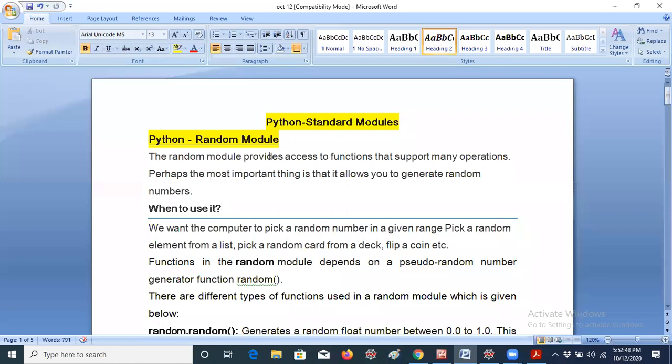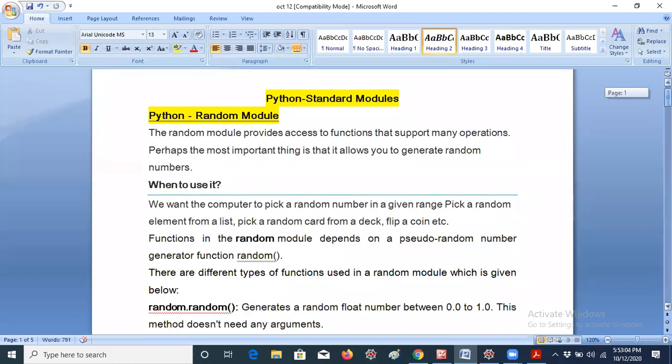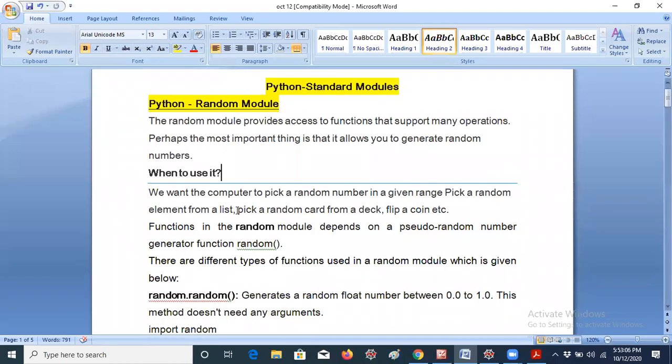These are topics beyond the syllabus actually. So the random module. Why are we using the random module? If you want to get a random number between 1 to 100, you will get a random number like this. This is a very easy module. I will discuss some more points about when to use it, and why we have to use this random module.